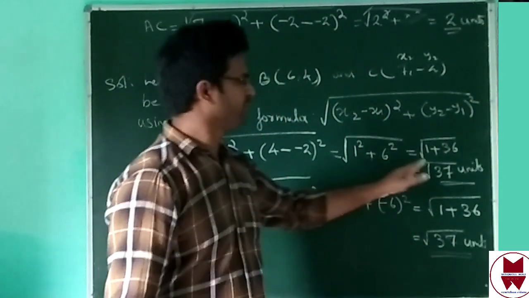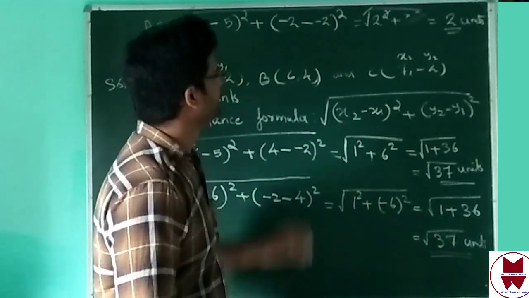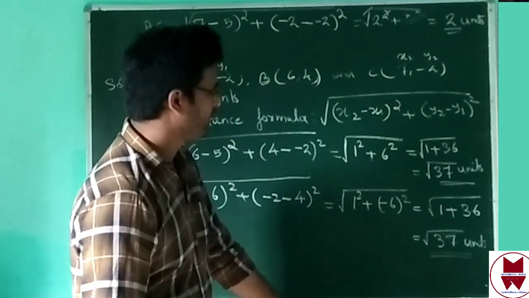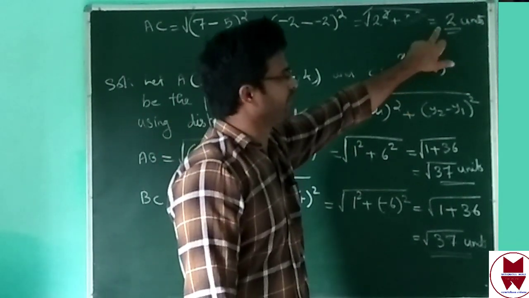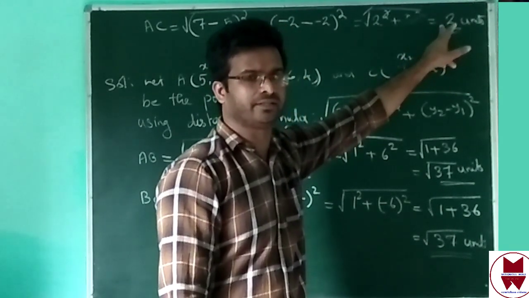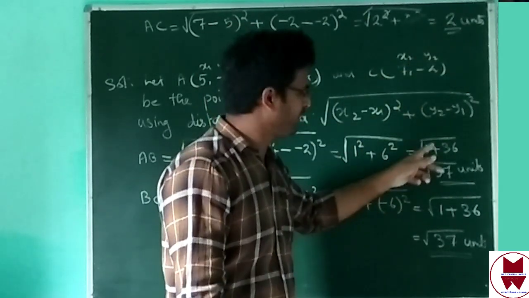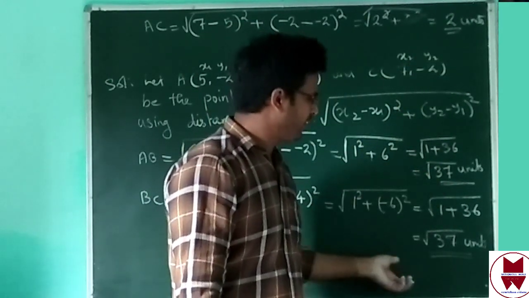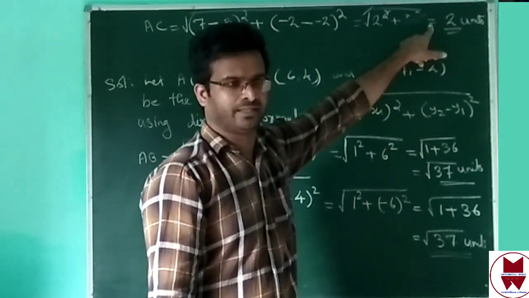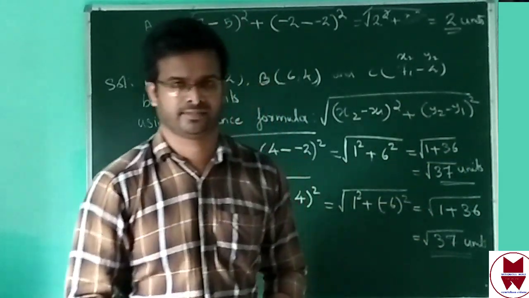Now we got two sides equal, and the third side is not equal. Then we can write that the given triangle is an isosceles triangle. Why do we find the third value? In case this is root 37, then you will write that it is not isosceles, it is an equilateral triangle. After finding these two values, if you write isosceles triangle, sometimes this one could also be root 37. We don't know, isn't it? That's why we have to find all three sides. Then only can you write that it is an isosceles triangle.